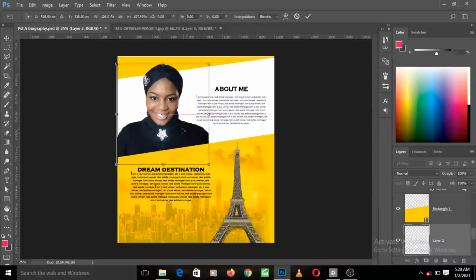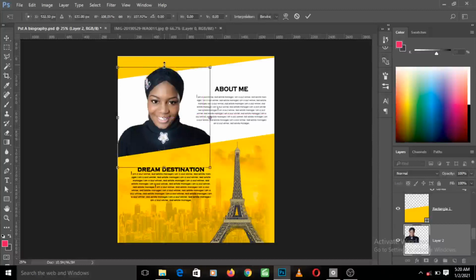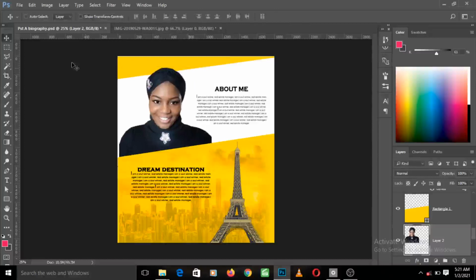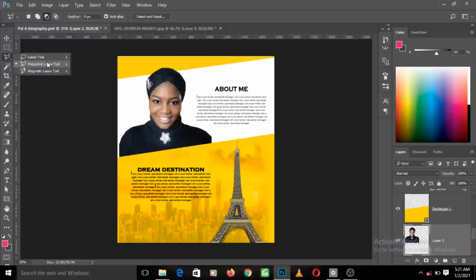I kind of like this overlapping stuff here, so I just press enter. So this is more or less how you can use the selection tools, polygonal lasso tool, magnetic lasso tool, and the freehand lasso tool. So you can go ahead and practice your